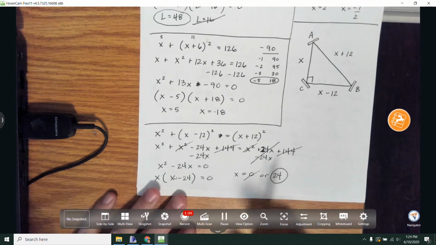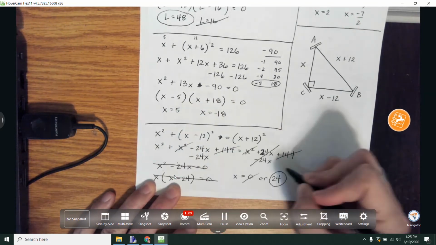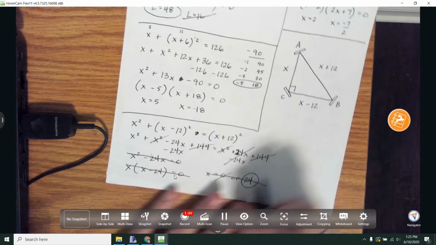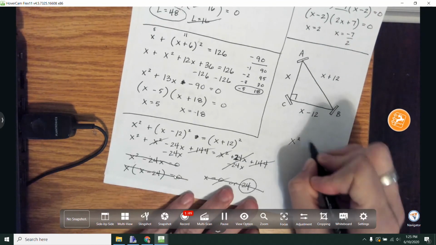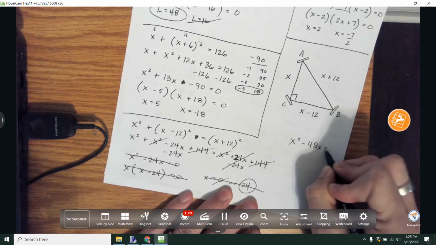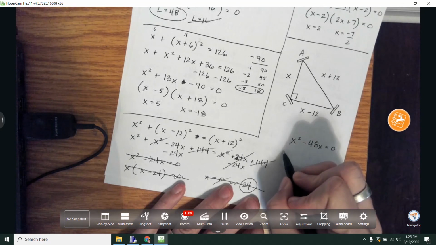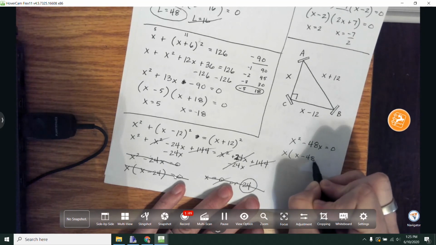So hang on. I'm not smart. Cross this out. Let's ignore that. This would be x squared minus 48x equals 0. And so if we take out the greatest common factor, this would be x times (x minus 48)